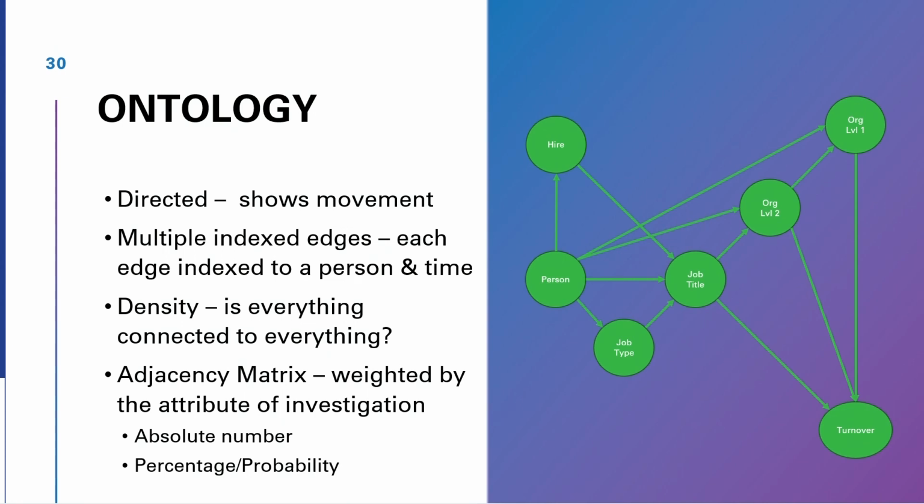We found that to maintain the integrity of the lineage that we wanted, we had to index our edges by the people. So we didn't just have one edge going from job A to job B. We had, for employee 1, job A to job B. For employee 2, job A to job B. And then we could summarize that to create subgraphs, combining elements of my graph and sectioning it off so I had a smaller amount to work with and I could optimize my algorithms and my speed there.